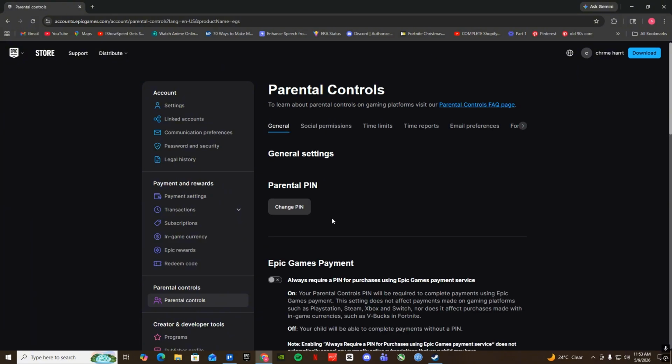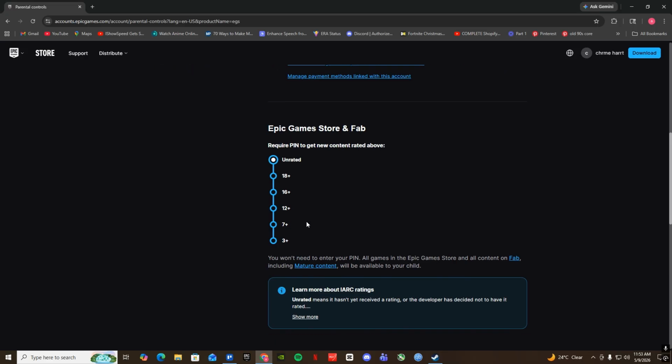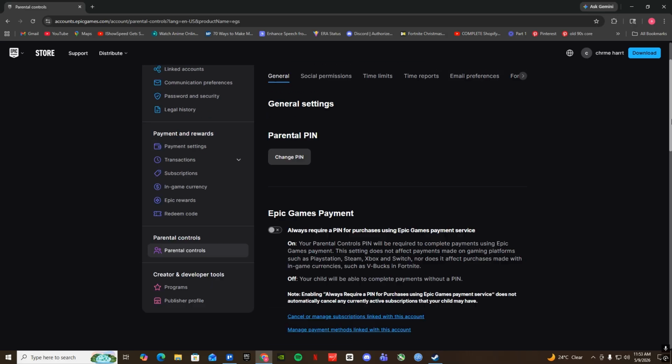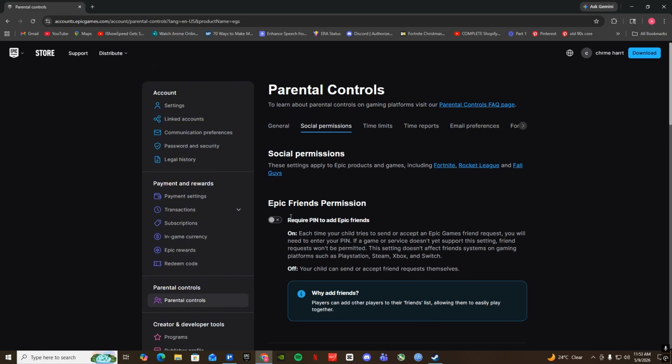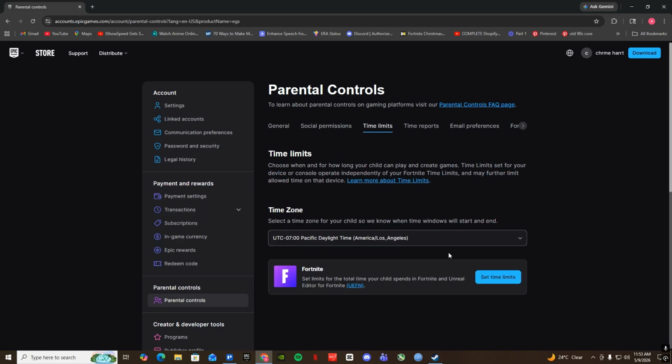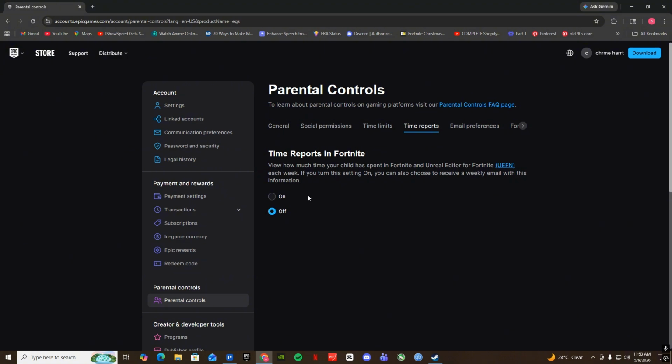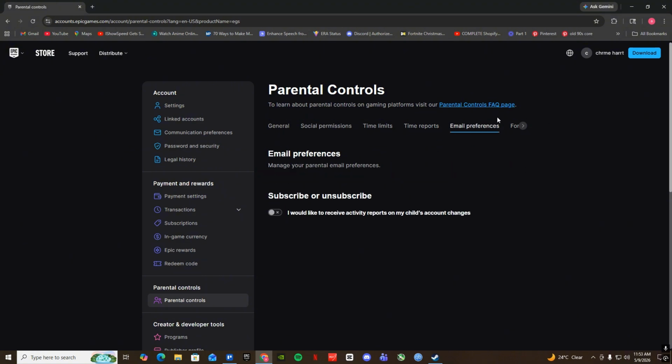Now right over here, just simply turn off all these settings and make sure that your Epic Games Store and Fab is set to unrated. Alright, now after that, social permissions, just make sure that your social permission doesn't require any key, and time limit, it doesn't have any time limit, and then time reports are turned off, email preferences are turned off as well,